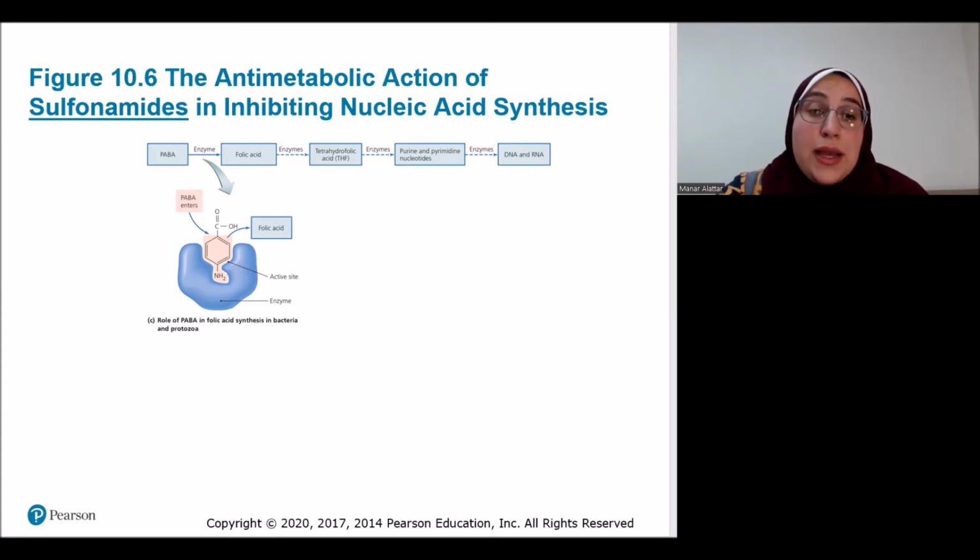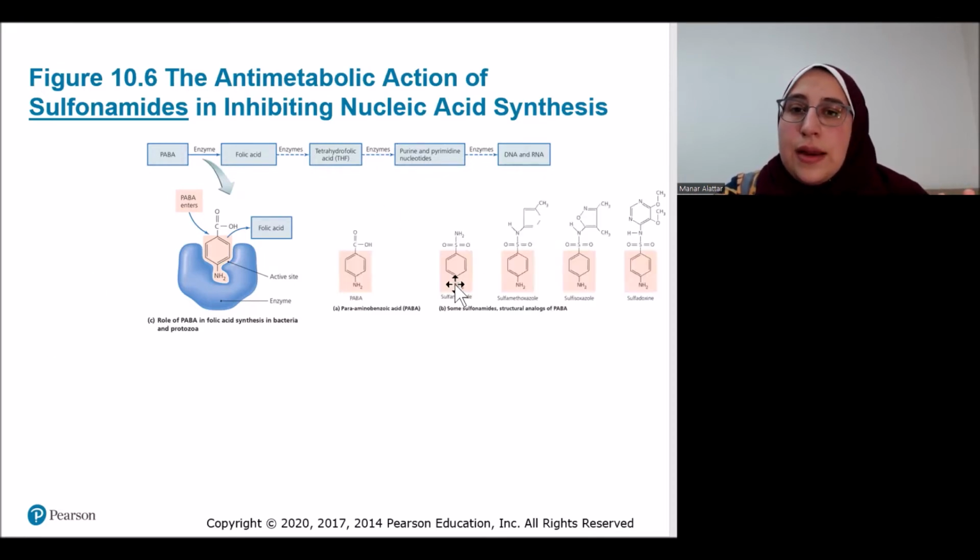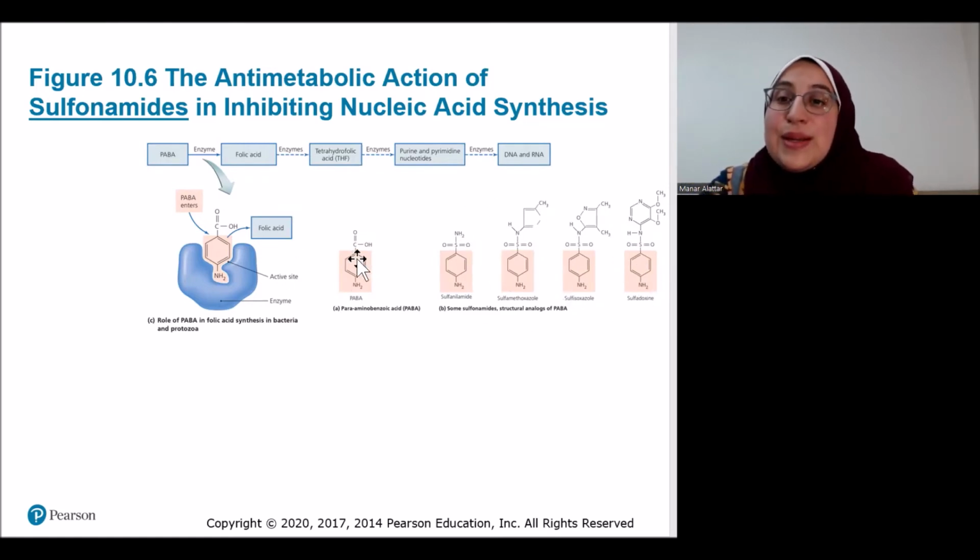There are a number of sulfonamides, and you don't need to know the different sulfonamides, just know the category. They're analogs of this PABA molecule. Here, this is the PABA molecule, and these are the sulfonamides. You can see the shaded area has very similar structure between all of these different molecules. So what are they doing? These antibiotics are pretending to be this precursor molecule. Once they're released into the body and then released into the cell,